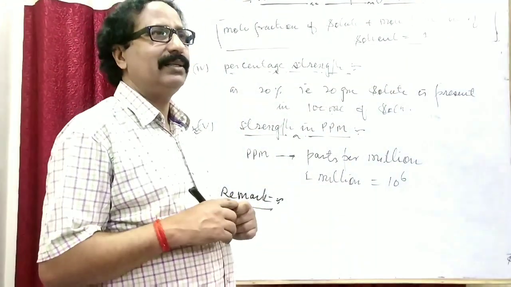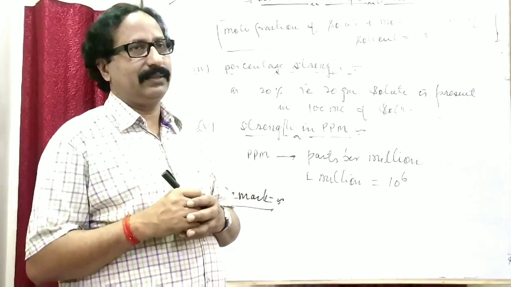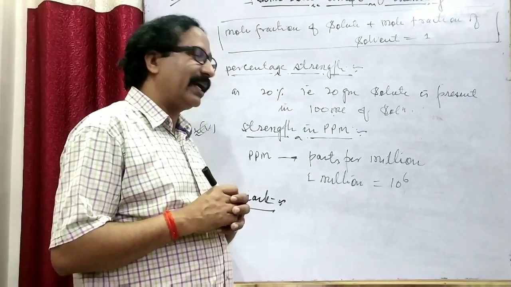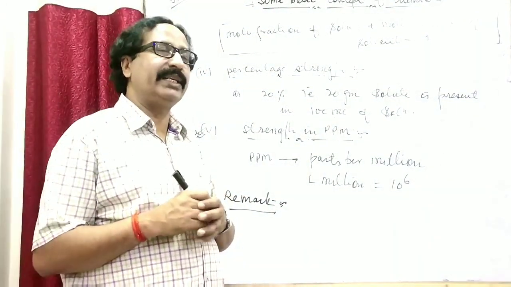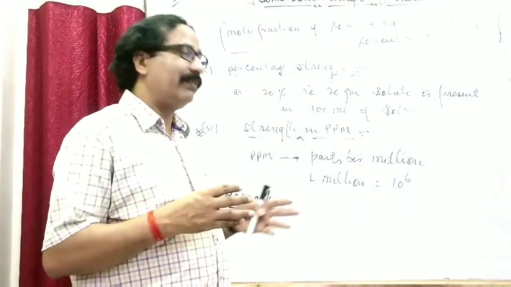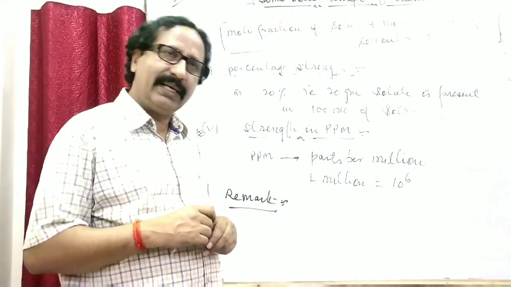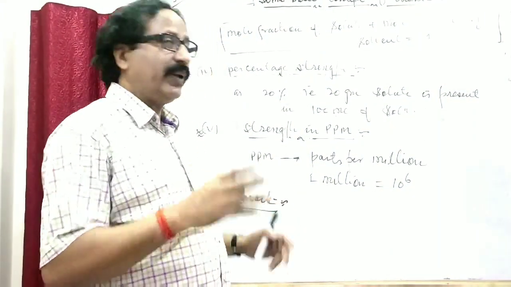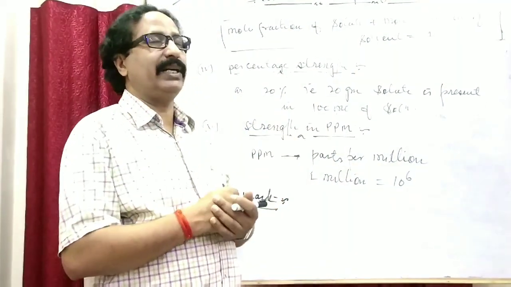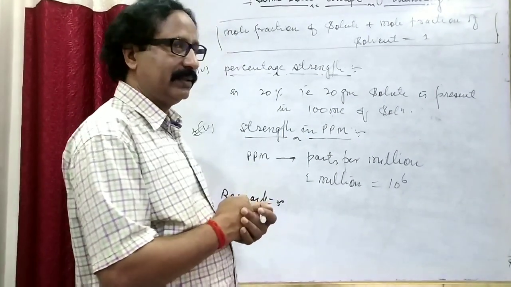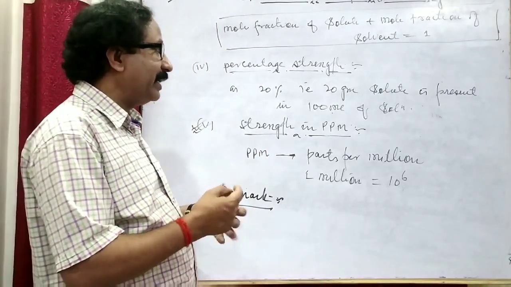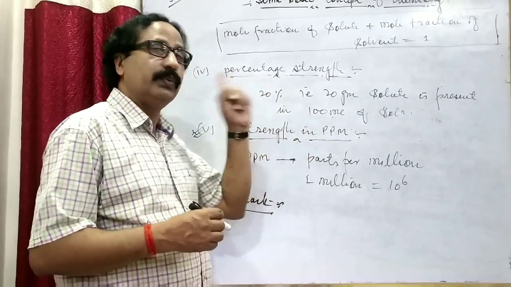Because in hard water, the amount of solute, meaning calcium, magnesium chloride or their carbonate, is given in very small amount. Okay, and the weight of solvent is given in large scale. Clear? Okay. One important numerical of this one is given. For example, I am telling a particular numerical that is very, very important, because with the help of that numerical you can command the theme related to ppm.